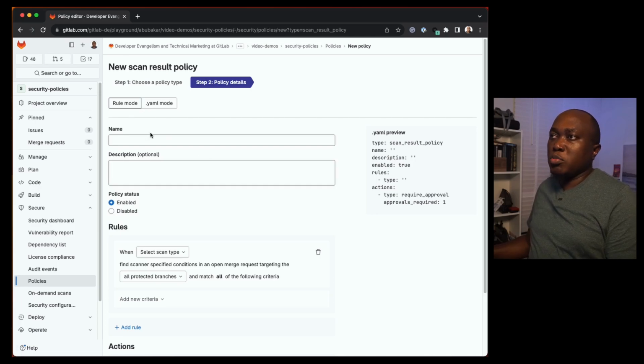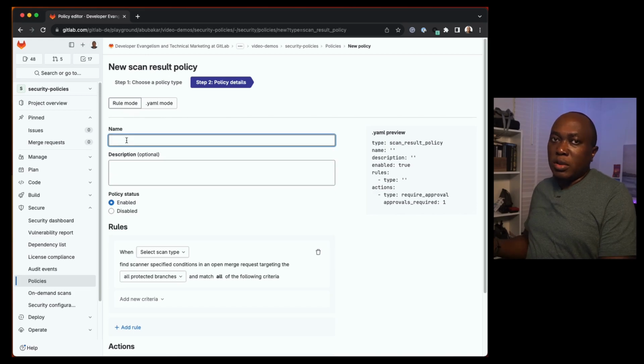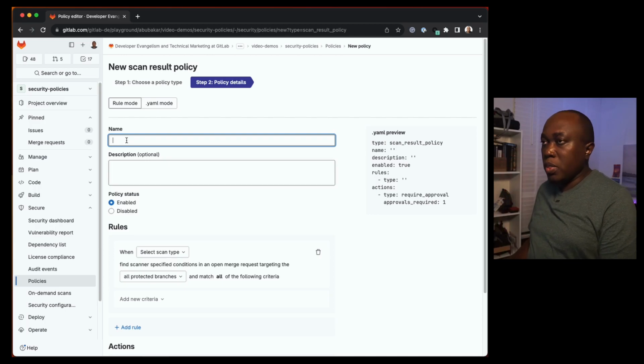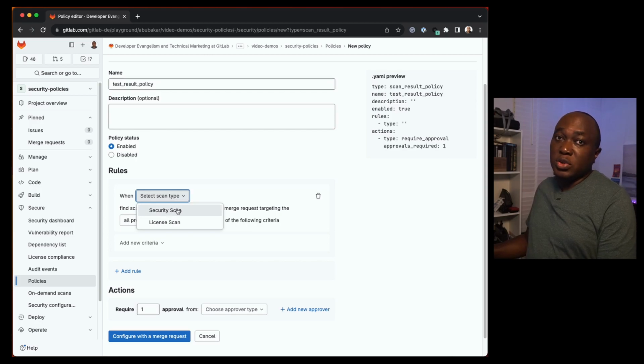Now within the scan result policy, it's similar, but the only difference is in the rules and the actions. Also, you can only create a maximum of 5 rules. So, test result policy. So it's enabled. Then we will now say anytime there's a security scan